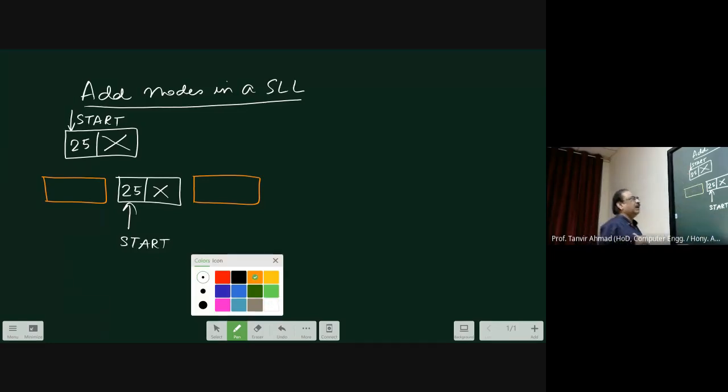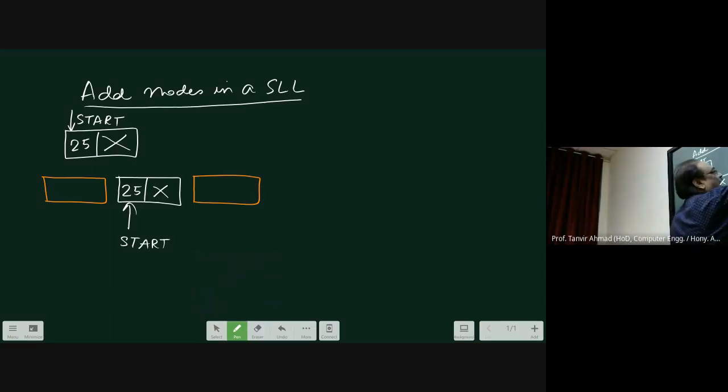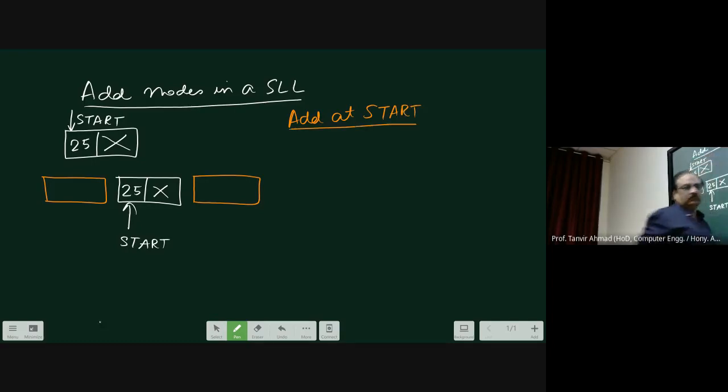Now if I am going to add at the beginning, I just write the algorithm, add at start.